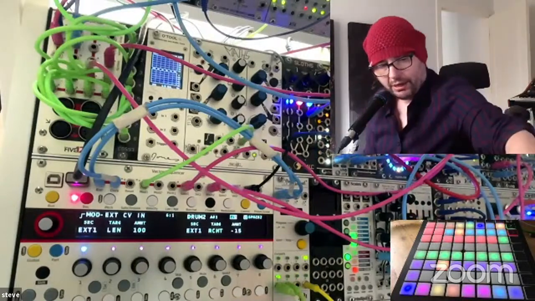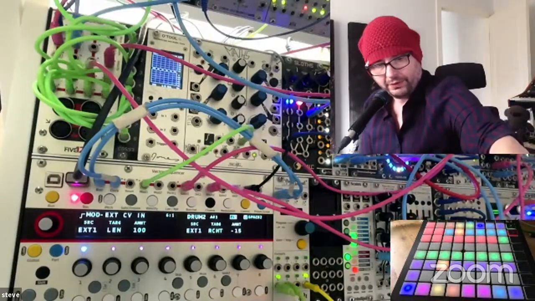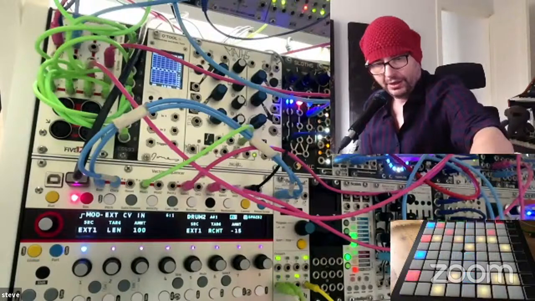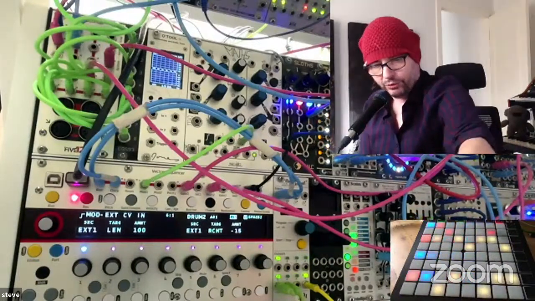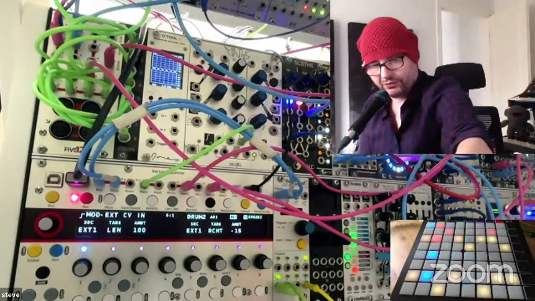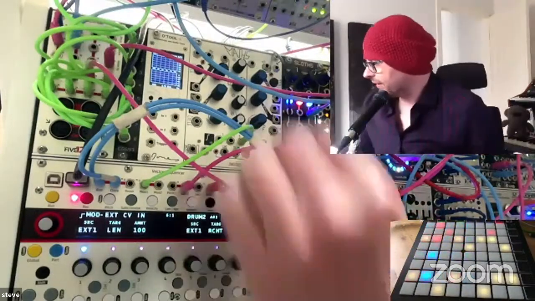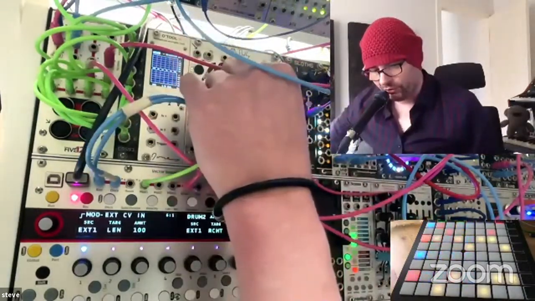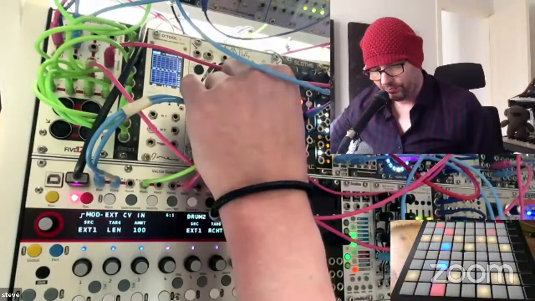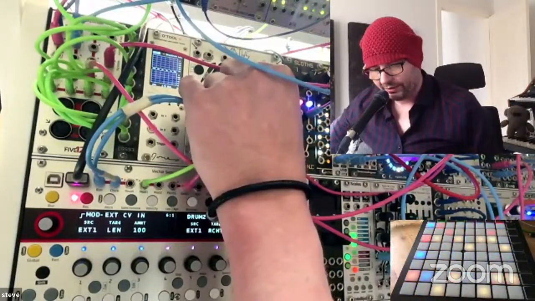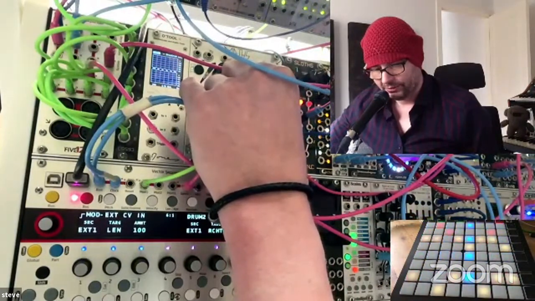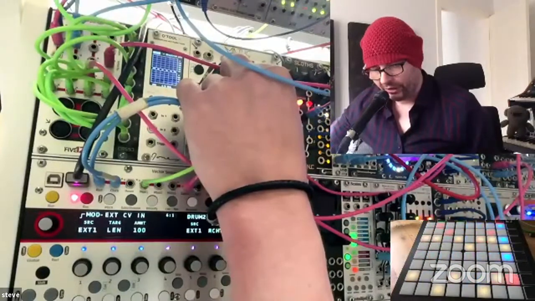Right. Now, hopefully you can still see my Launchpad, and I'm going to go to that. Now, can you see that the blue cursor per step is just going to 5 and then it's restarting? And that's because I've got my continuous controller. There it is. So that's 8 steps over and over again. Now, if I use that knob on the Maths,